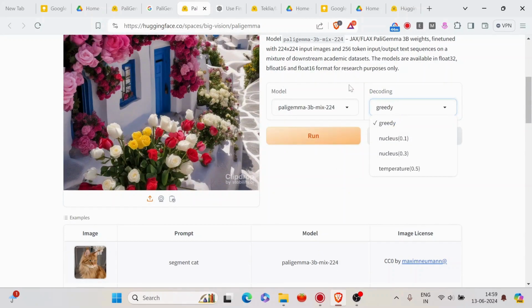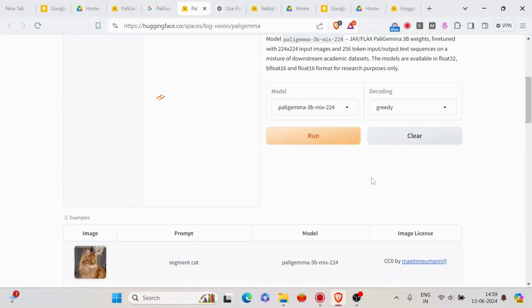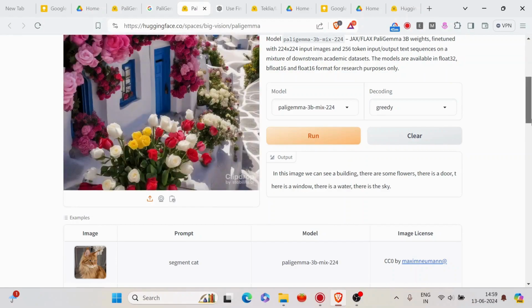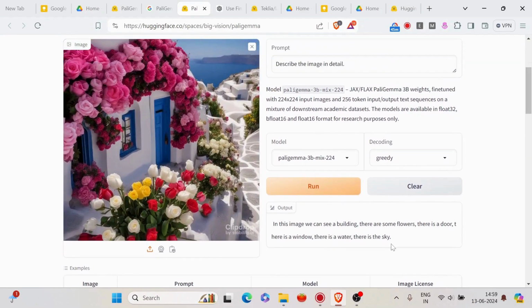And here I can also change the settings of the sampling, like changing the temperature and selecting nucleus sampling. So in this image we can see a building. There are some flowers. There's a door. There's a window. There's water. There's the sky. Yeah, so I was expecting some more details, but I think this is fine for a model